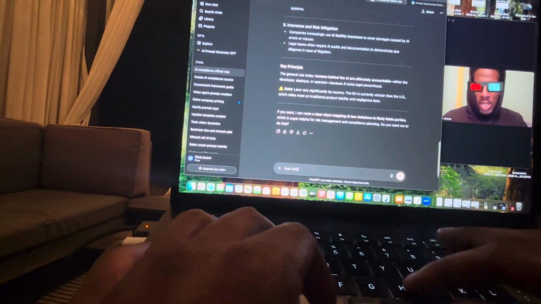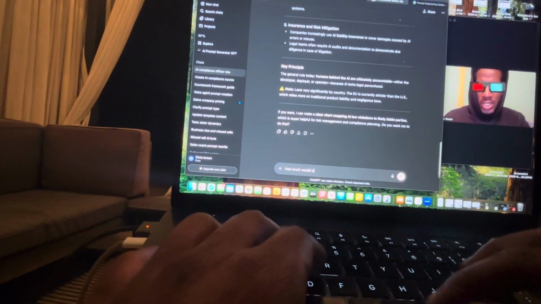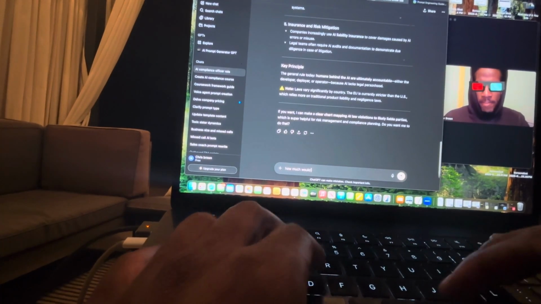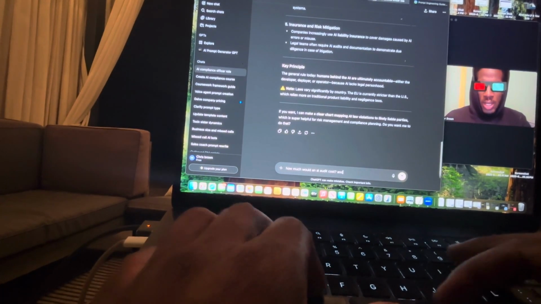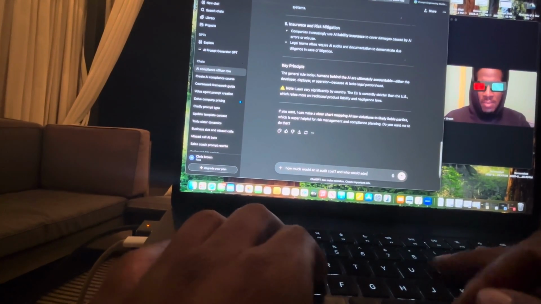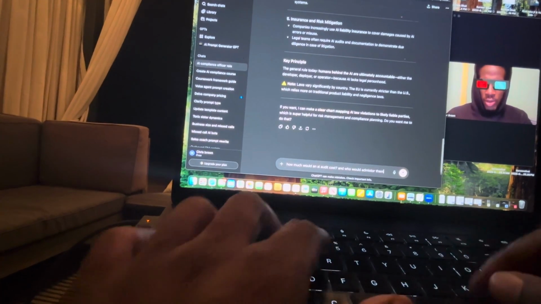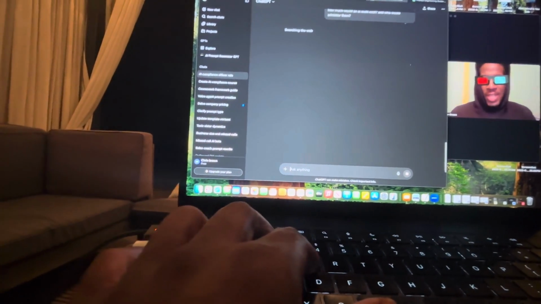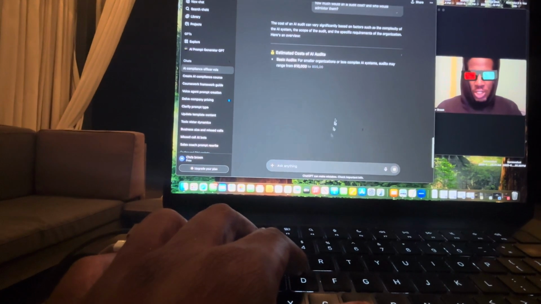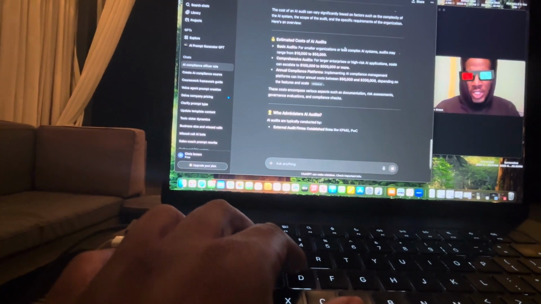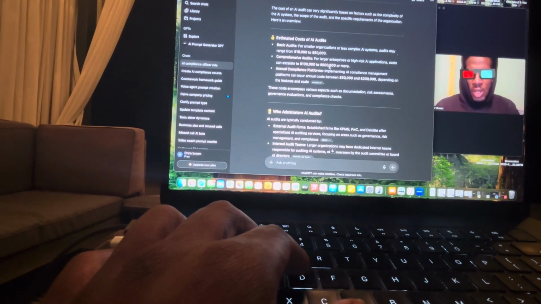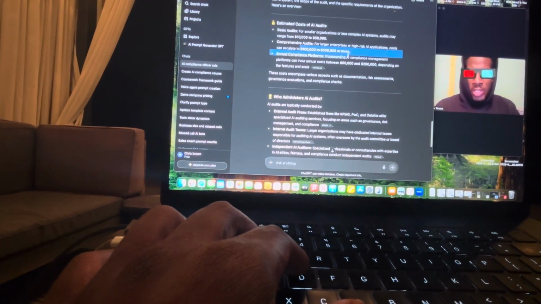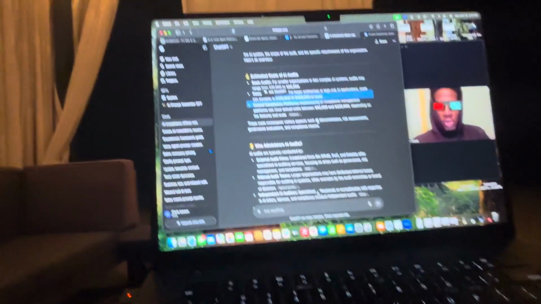How much would an AI audit cost, and who would administer them? This is just basically, guys, using ChatGPT to learn. For smaller organizations or less complex AI systems, audits may range from $10,000 to $50,000. For larger enterprises, it can escalate to $100,000 to $500,000 or more. So I'm recording my screen too, but as you can see, guys,